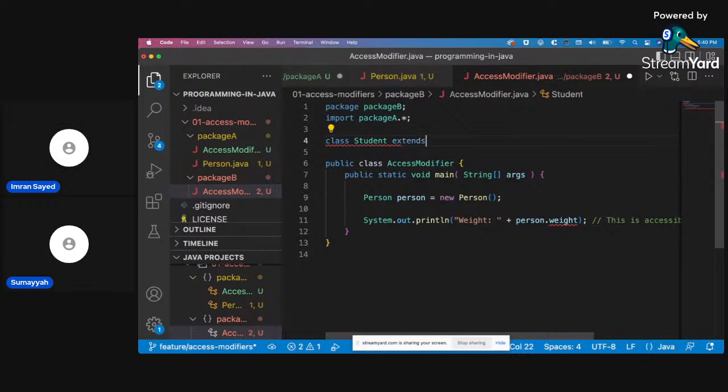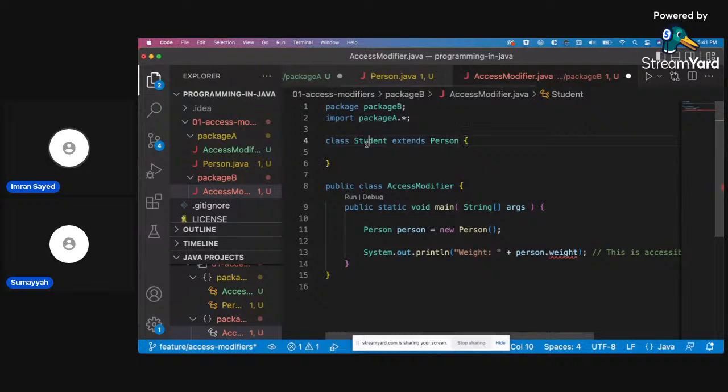extends, and then I'm going to use student here instead of person. Student, and then I can access this in the subclass. This will be student.